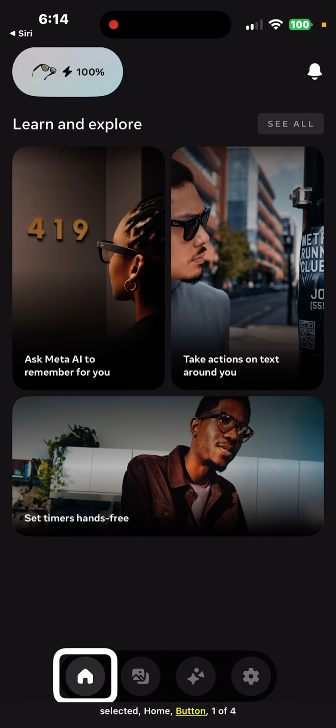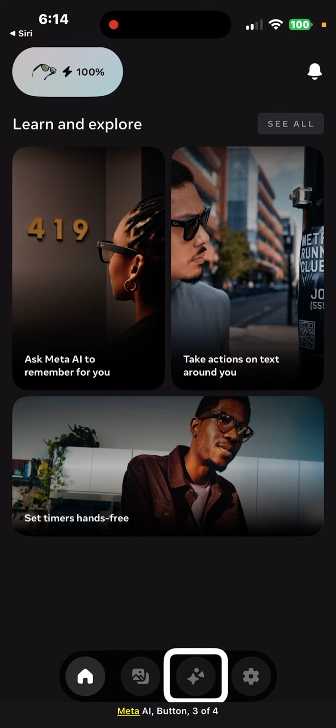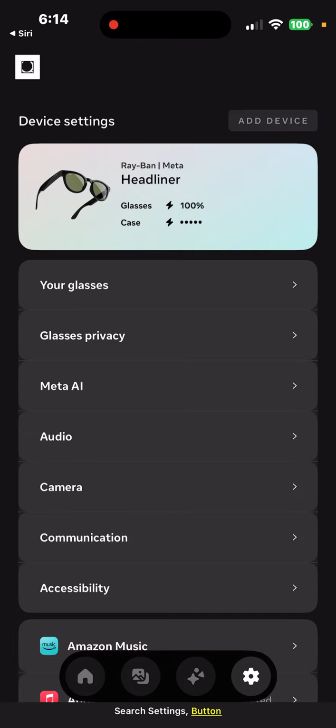Selected. Home. Button. Okay, so I'm going to scroll over to the settings tab. Meta AI. Settings. Button. 4 of 4. Search settings. Button. Okay, and you can hear, of course, the voiceover is working here as well. All right, so I'm going to go down to